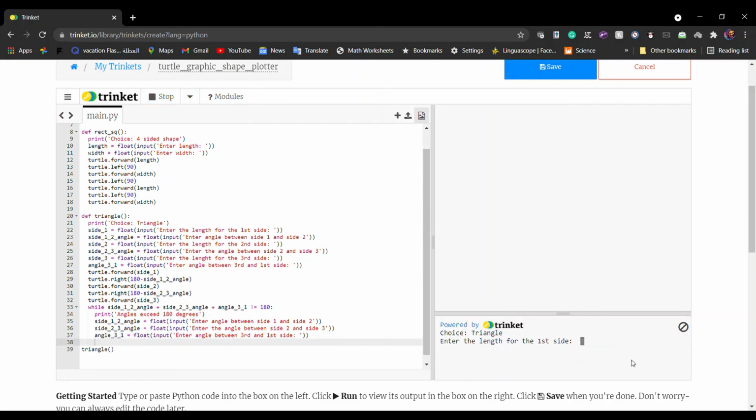Run the code. So let's say 100, and let's say this is 100, 100, 100, 100. All right, it did not print the message. 100,